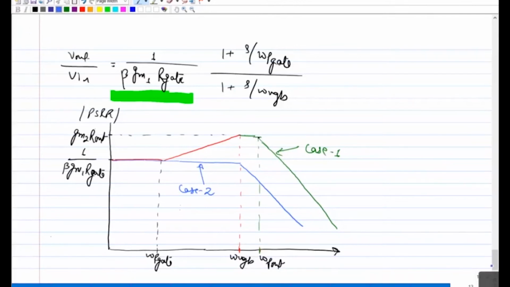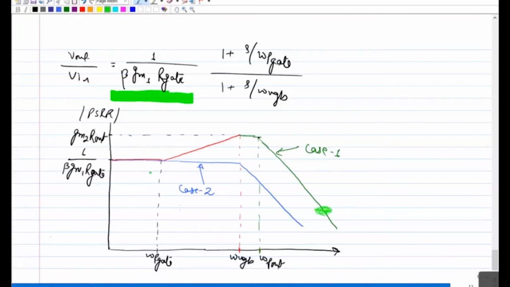But again, as I mentioned, that will always come at the cost of adding an external cap. Otherwise, if you make the gate pole dominant, the only way to achieve high PSRR is you have to extend the bandwidth, or you make your bandwidth so low that your ripple frequency falls somewhere here, higher in the roll-off range. That is also one way. So let's say your ripple frequency falls somewhere here in this region. So you will get a separation, but